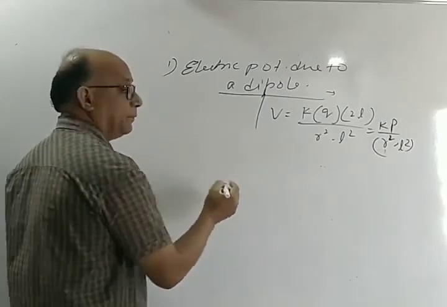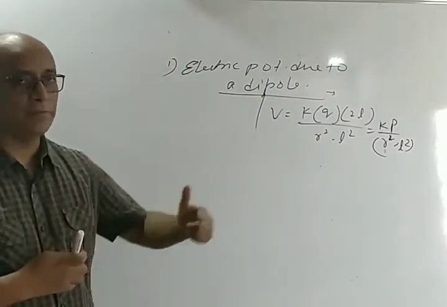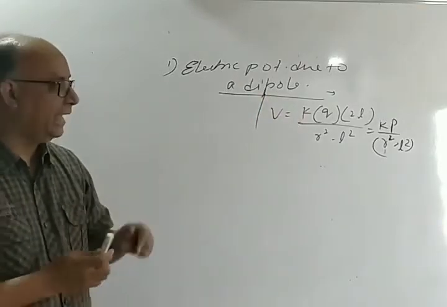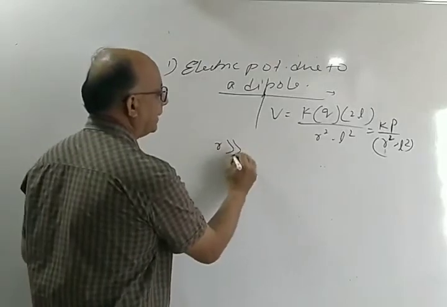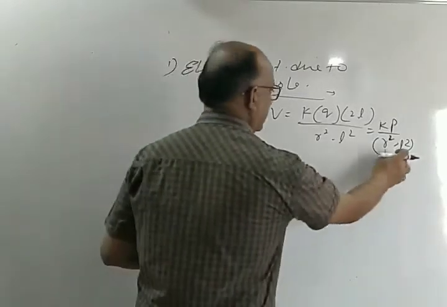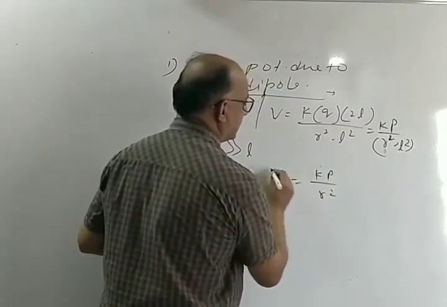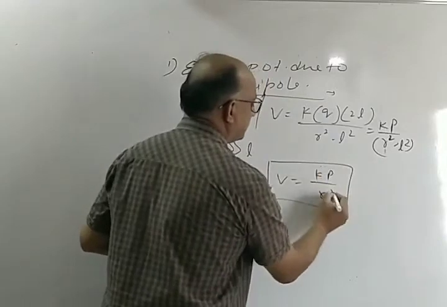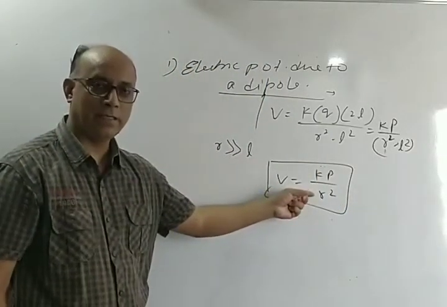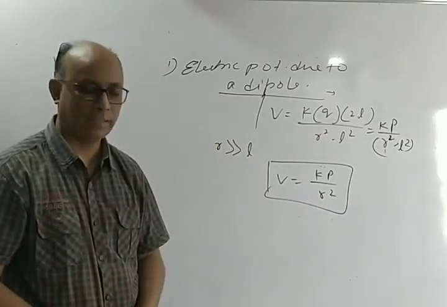If the point X is very far away, meaning R is very large in comparison to L, L is going to be neglected. So when R is much greater than L, L is neglected in this case, so V now becomes Kp by R square. This is the electric potential due to an electric dipole at a point on its axis. Correct? Now,